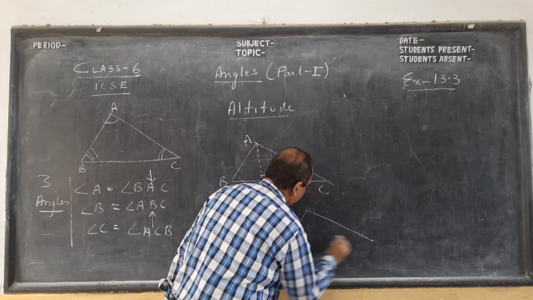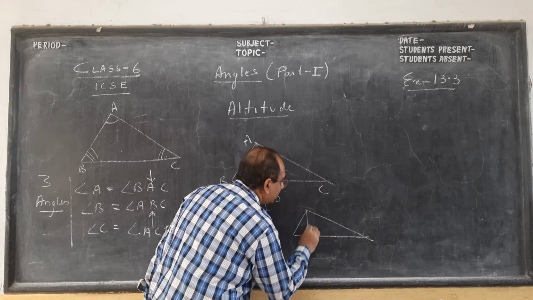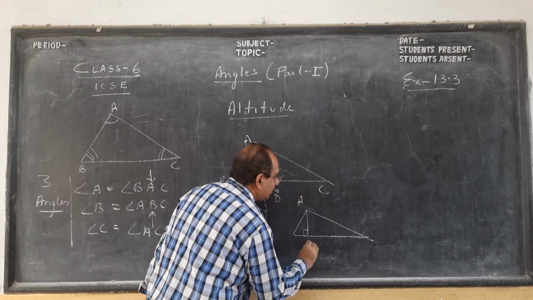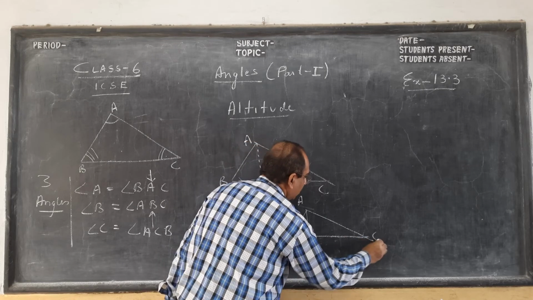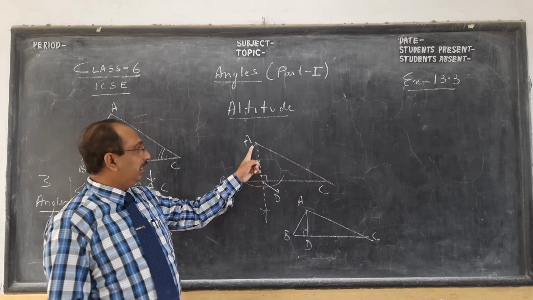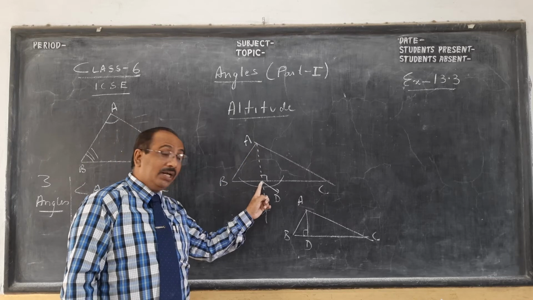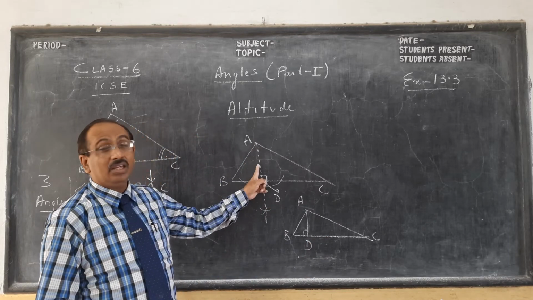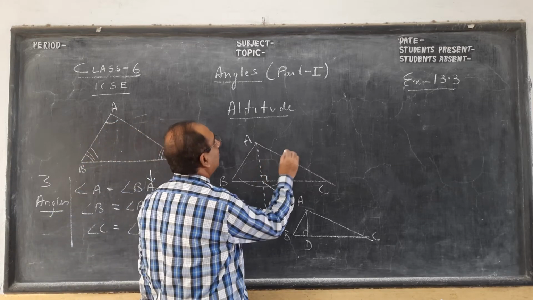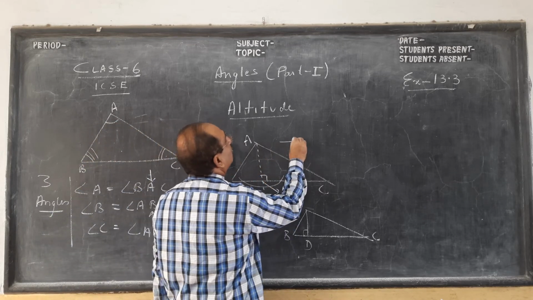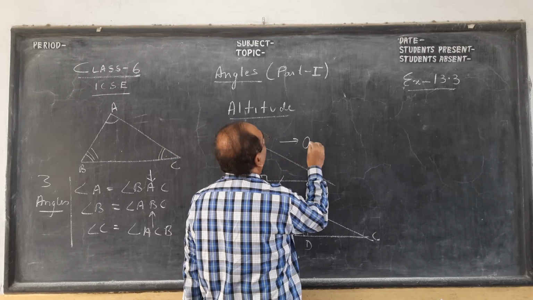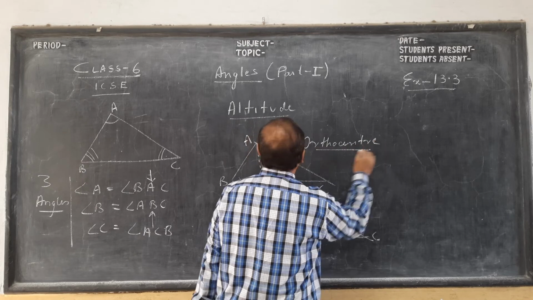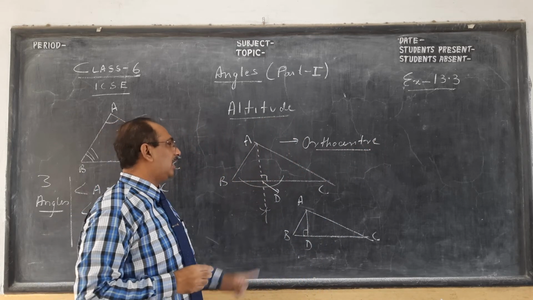See here once more this figure. Median was the midpoint. This should be perpendicular. The median will come somewhere here, at the midpoint. So this AD, children, is called the altitude. So an altitude is a line joining a vertex perpendicular to the other side, not the midpoint like a median. And there are 3 altitudes possible, children, and that point of concurrence is called the orthocenter. Okay, the orthocenter, where the 3 altitudes of a triangle meet.